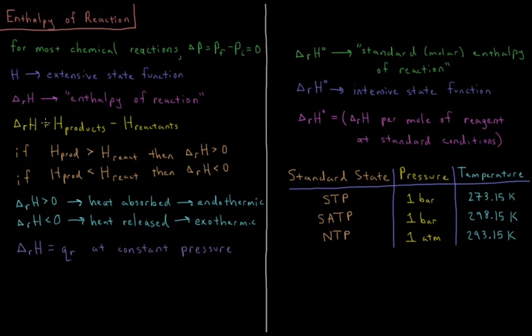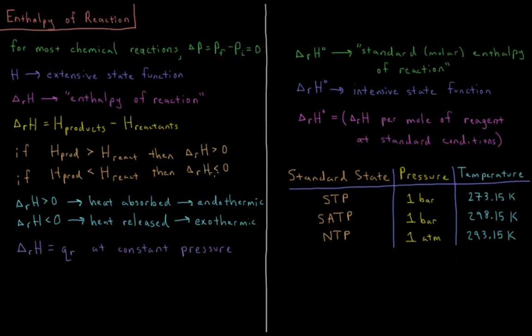The enthalpy of reaction is equal to the enthalpy of the products of the reaction minus the enthalpy of the reactants of the reaction. So if the enthalpy of the products is greater than the enthalpy of the reactants, then the enthalpy of reaction is greater than 0. If the enthalpy of the products is lower than the enthalpy of the reactants, then the enthalpy of reaction is